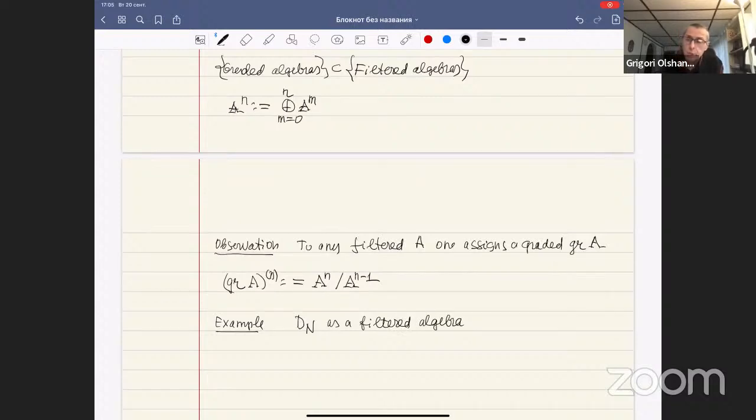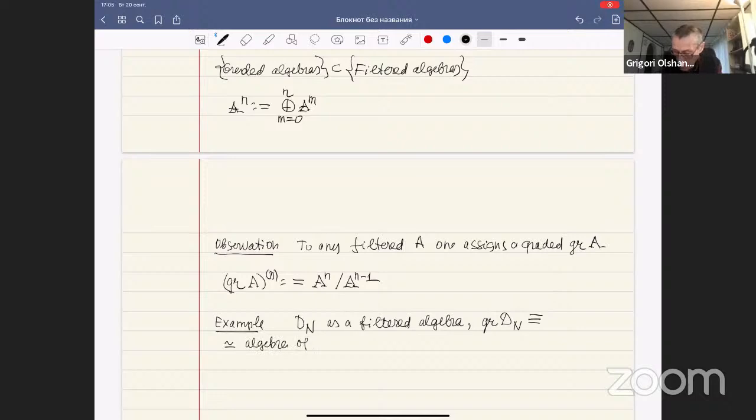For instance, with respect to the total degree of monomials, or one can take the degree with respect to the P generators, which means that we consider the degree of differential operators. And then the associated graded algebra is isomorphic to the algebra of polynomials